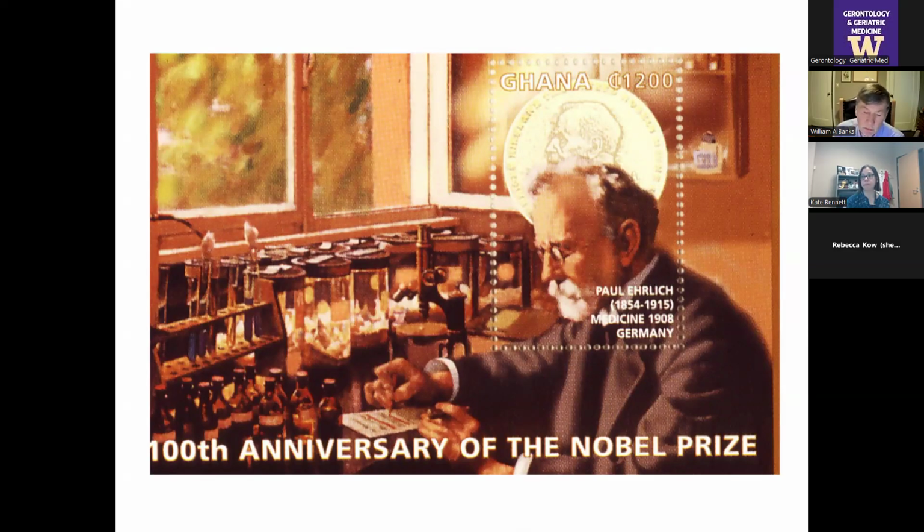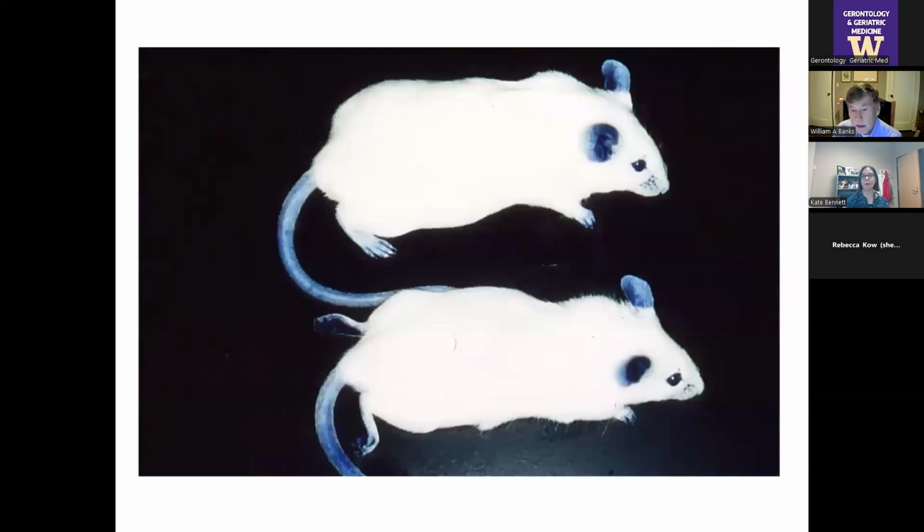He's best known for his work on developing compound 664 and introducing the concept of a magic bullet, and developing arsenical based drugs that killed more spirochetes than people and therefore was considered a success. And Paul Ehrlich, when he was a student, in those days, if you got an MD degree and you wanted to become Herr Professor, you also needed to essentially get a PhD. And so his PhD work involved looking at the distribution of dyes in the body.